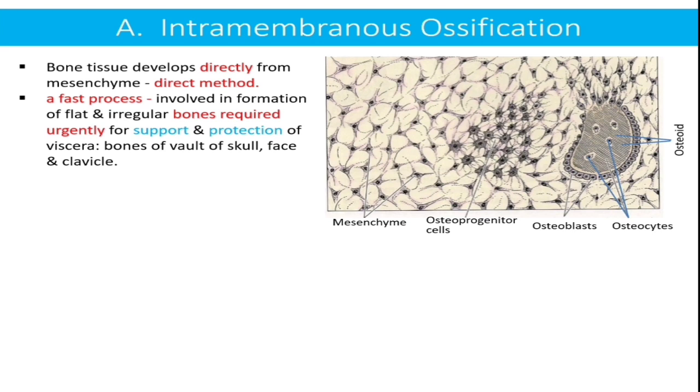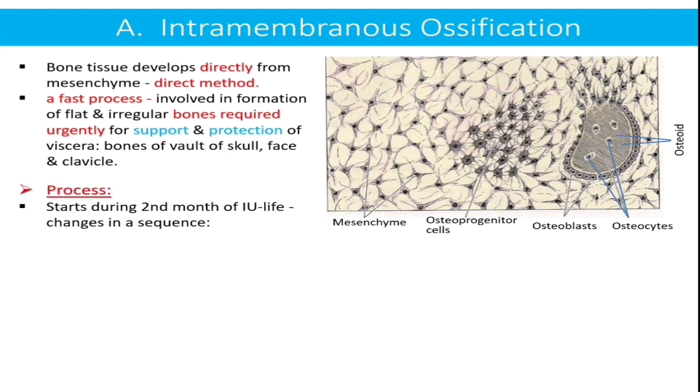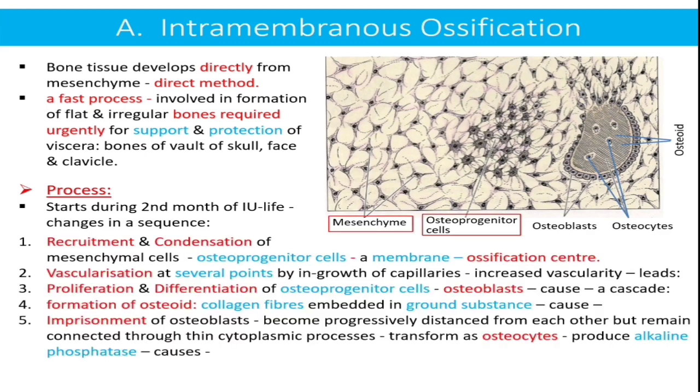intramembranous method of ossification. In this method, bone tissue develops directly from mesenchyme, hence this is also named as direct method of ossification. It is a fast process involved in the formation of flat and irregular bones required urgently for support and protection of viscera, such as bones of vault of skull, face, and clavicle. Intramembranous ossification process starts during second month of intrauterine life, and changes take place in a sequence, which start as